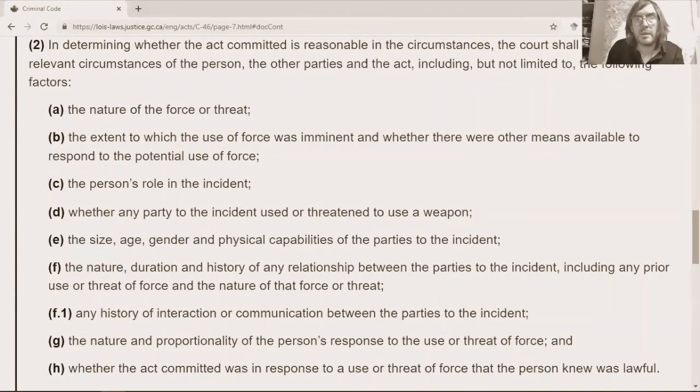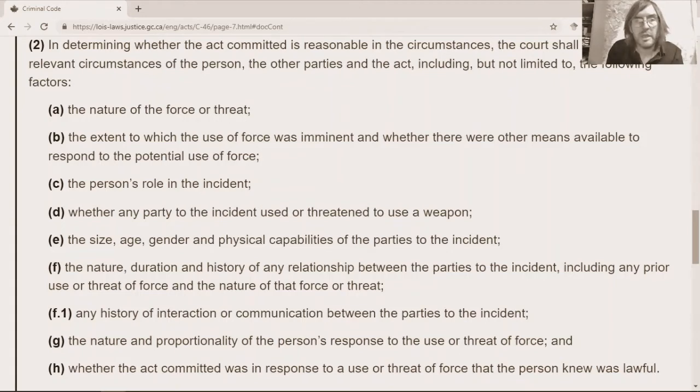In determining whether the act committed is reasonable in the circumstances, the court shall consider the relevant circumstances of the person, the other parties, and the act, including, but not limited to, the following factors: the nature of the force or threat, the extent to which the use of force was imminent and whether there were other means available to respond to the potential use of force, the person's role in the incident, whether any party to the incident used or threatened to use a weapon, the size, age, gender, and physical capabilities of the parties to the incident,